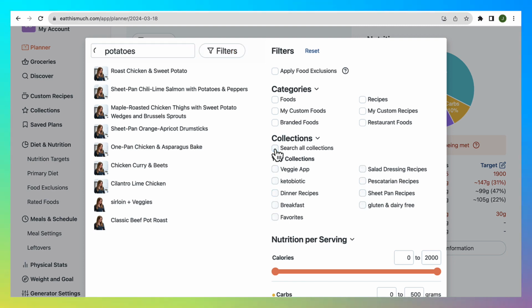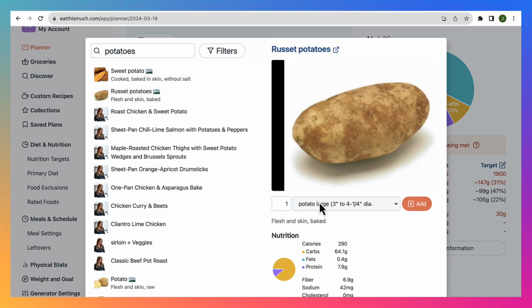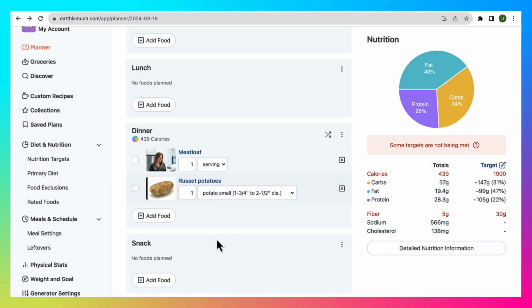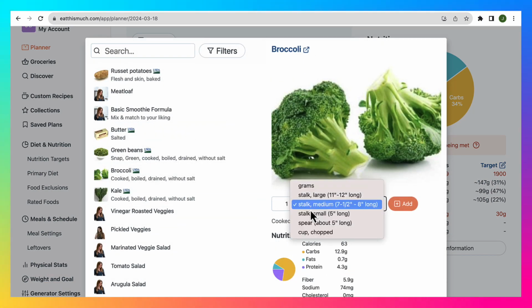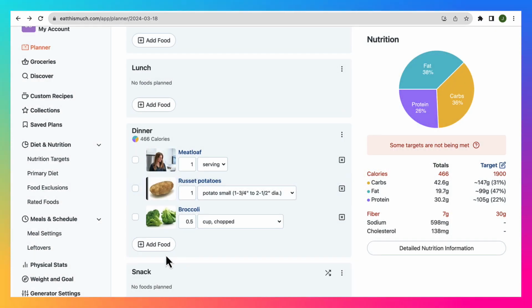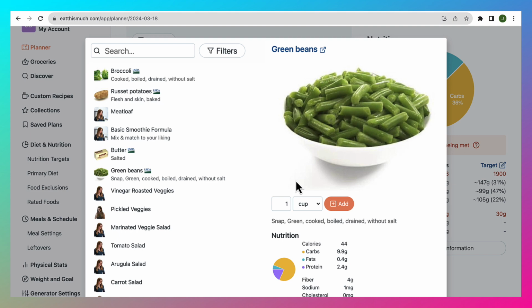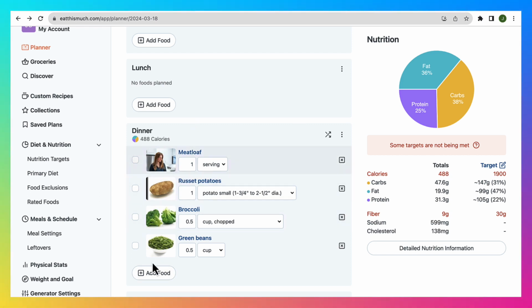If you're looking just for single items, I would unselect everything and then search. So I want one small potato and let's say we want broccoli. We can change the servings here. So we add a half cup of broccoli, and then let's say we want to add green beans. As you can see, I have searched for these food items before, so they populated quite quickly, or you can search for them. Once I'm happy with the meal, I can move on to the next thing I want